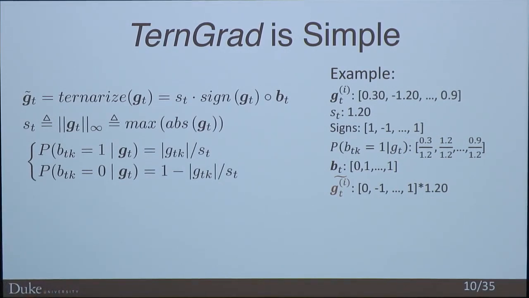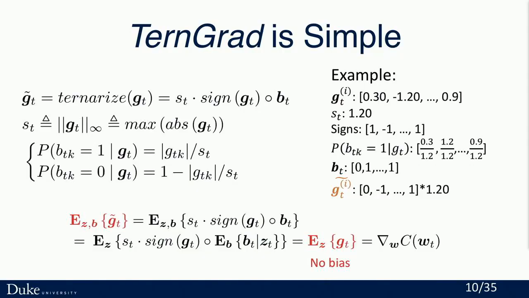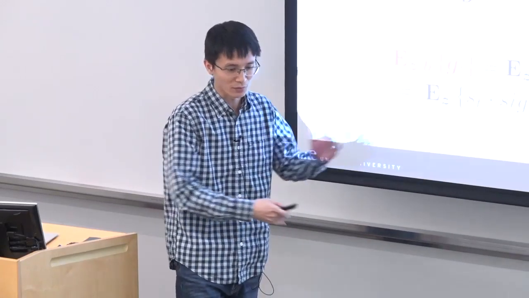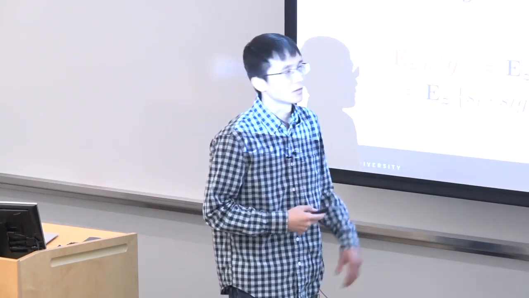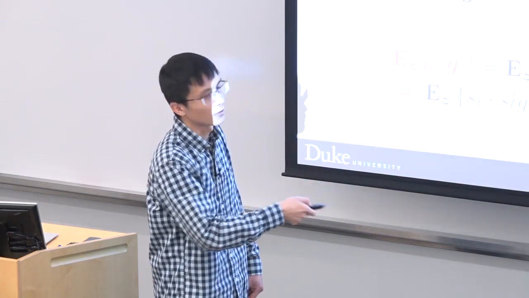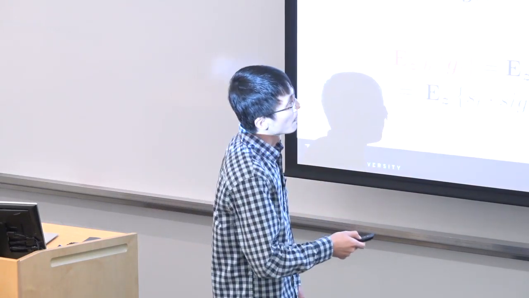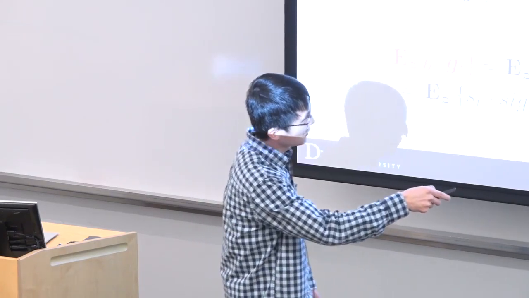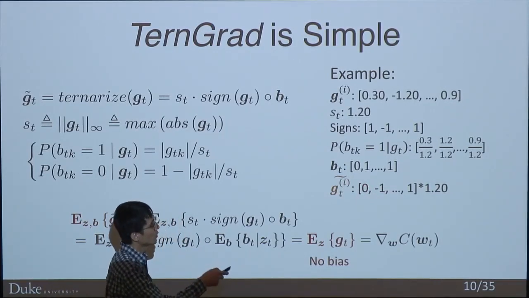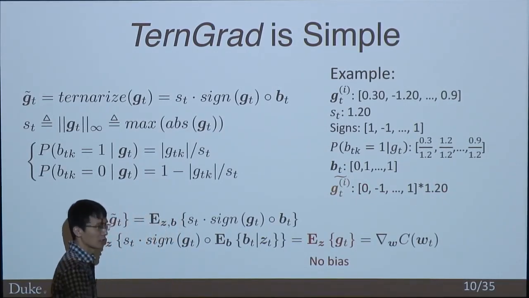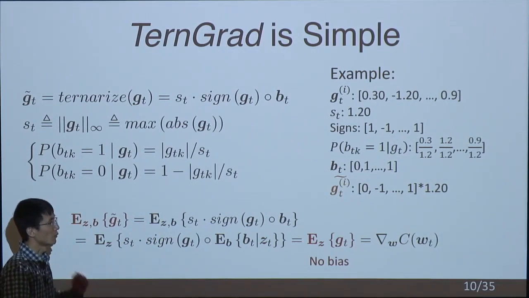If we do it this way, with a little bit of math, the expectation of the quantized gradients is just the expectation of the original one. So it's unbiased. We keep the expectation, but we do increase the variance a little bit. I'll go into more detail later about how we reduce the variance. Then we only need 2 bits for each element and one single floating value, so it will significantly reduce the communication volume.